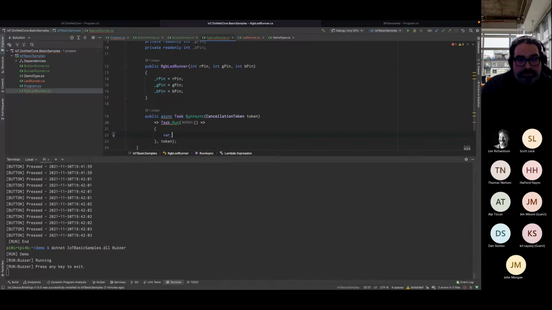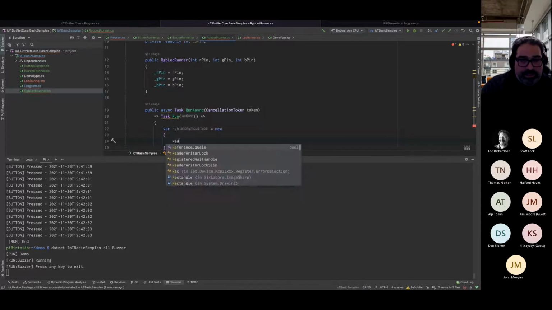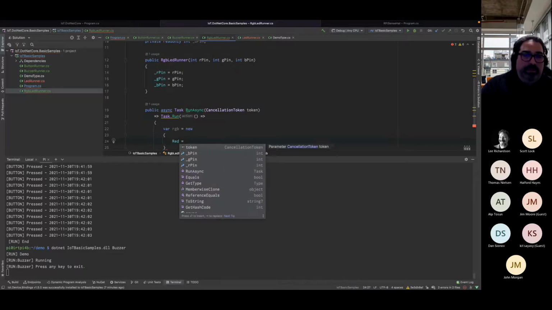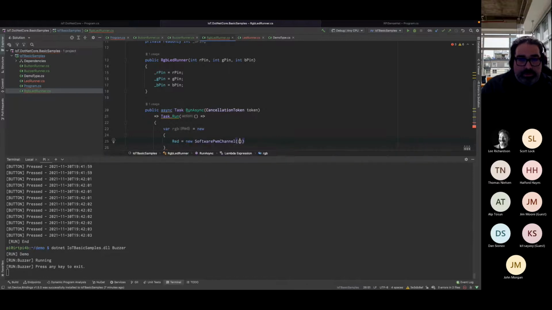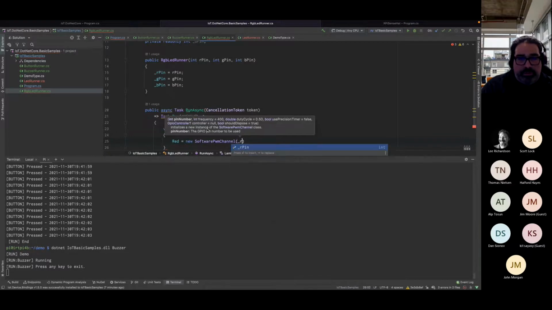And let's just create an anonymous object, in this case called RGB. And let's say red. In this case, we're going to be creating a new software PWM channel, and that's going to be on the R pin.